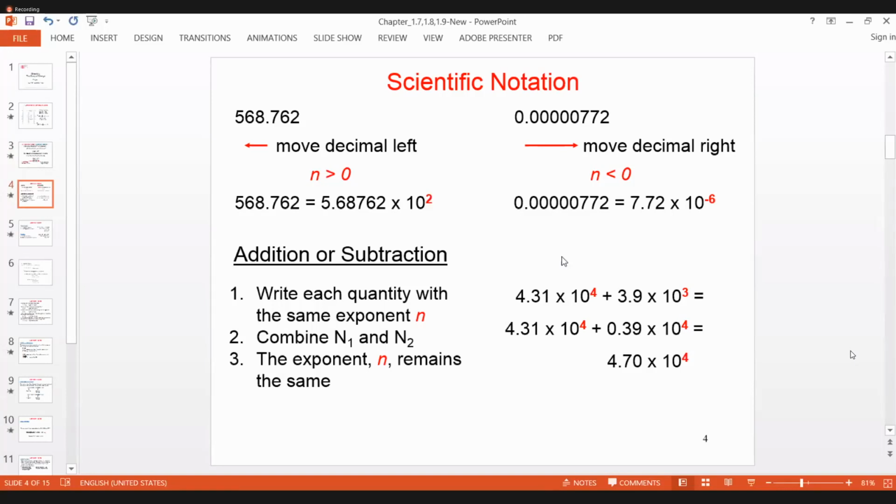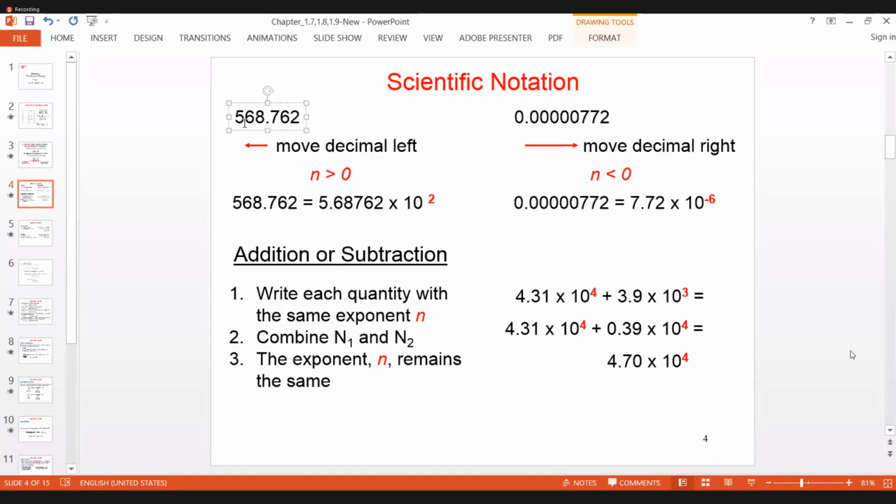Scientific notation. It is a big number, this is a small number. So this big number you are moving towards the left. So you will write the scientific notation, this positive, you will write 10 to the power 2. When you write down the scientific notation, you should have the first digit before the decimal place, not the last. Don't put 0.5. You have to put the decimal after 5. So you move the decimal from right side to left side. It means you reduce it by 100 times, 2 places, right?